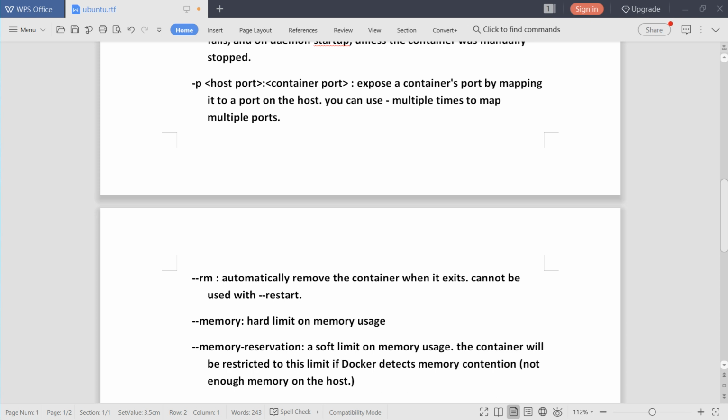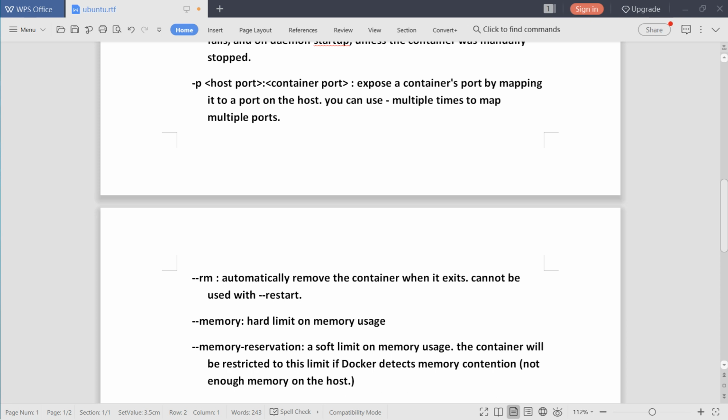Then the --memory flag is used to set a hard limit on memory usage. Hard limit means we can allot some memory to this container. And --memory-reservation is a soft limit on memory usage. If we provide 500 MB of memory to this container, we can give --memory-reservation some amount of that 500 MB.